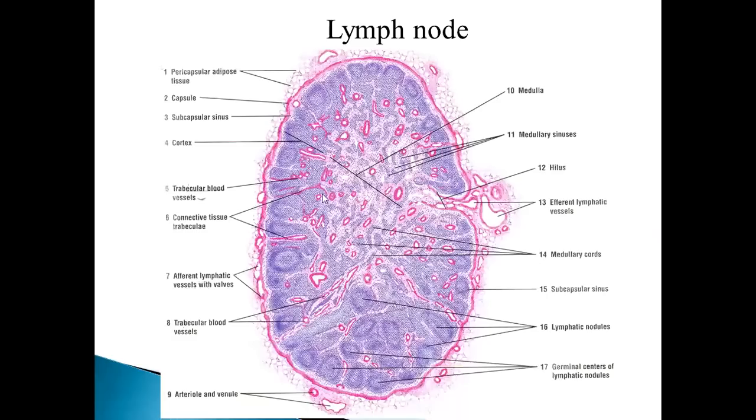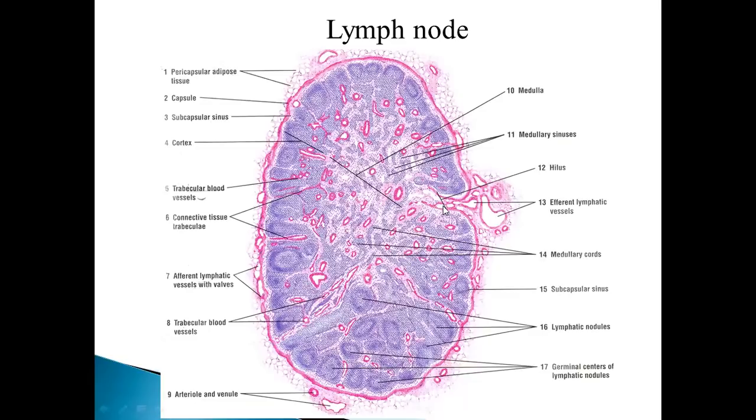Having known the basic component of lymphatic tissue, that is the lymph node, there are various lymphatic organs. We will learn 4 organs in detail, 4 structures. First is lymph node, second is spleen, then we have thymus, and fourth is tonsil. Histologically, you have these 4 slides for your practicals. First we'll see the histological features of a lymph node. Histologically, the lymph node will appear like this.